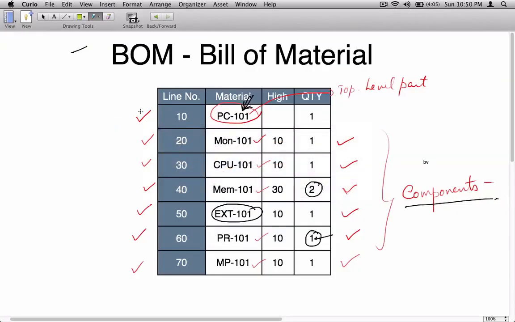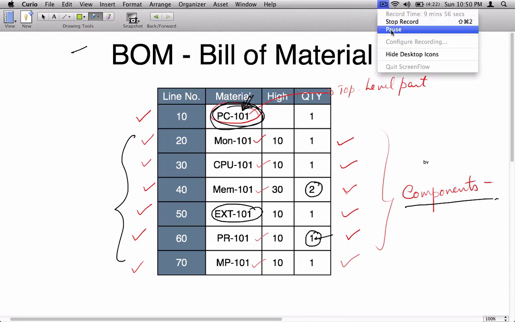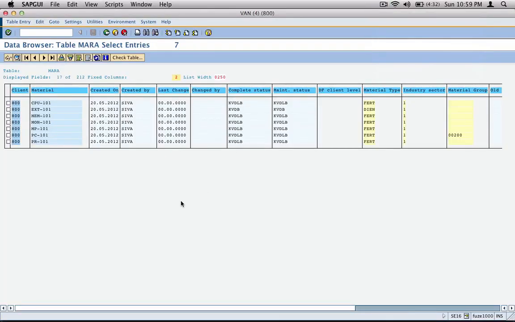Okay, so this is done, and similarly we're going to do the rest of the materials, which are the components, and since the exercise is going to be almost the same, I'm going to skip all the steps, but I will create them in the system, and then we'll continue with the demonstration of bill of material. Alright, so here we have created all the different materials